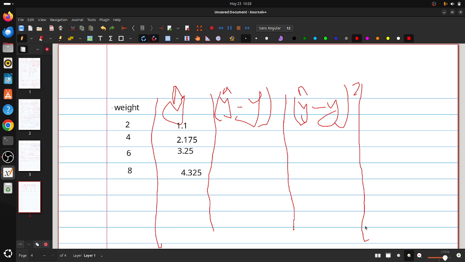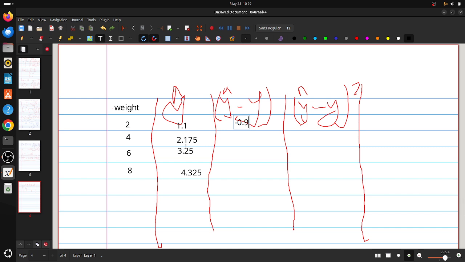Now let's start with this. So 2 minus 1.1, which will be 0.9, but a negative, right? Because we are doing this minus this. So this will be a negative 0.9,